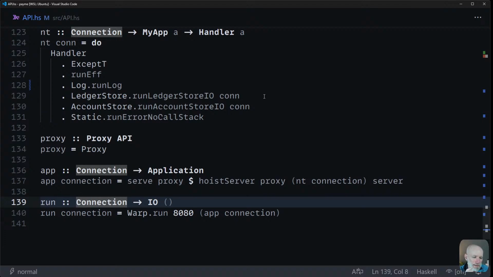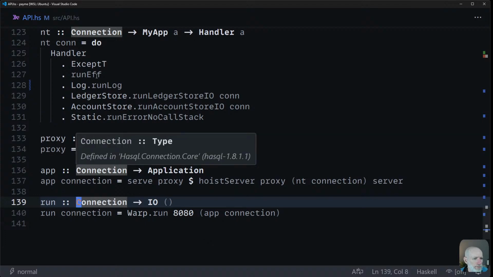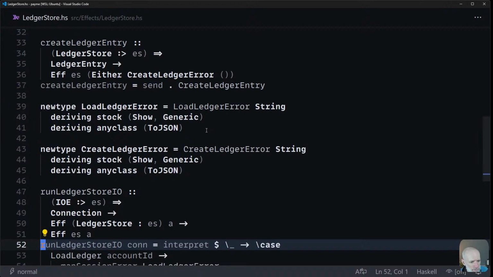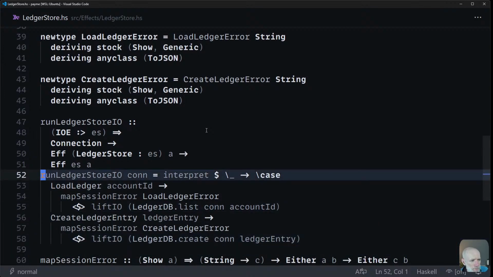The reason I'm hesitating is I don't want this list of arguments to grow, right? I want to give it some kind of app context, or app dependencies or app components, whatever, but it's going to have things like the database connection. I think I called it app environment before as well. It'll have the connection, it'll have the logger, all these kinds of things, and it will use them to build the correct effect. The other thing is here, where I say run this, I'm passing in a connection once,